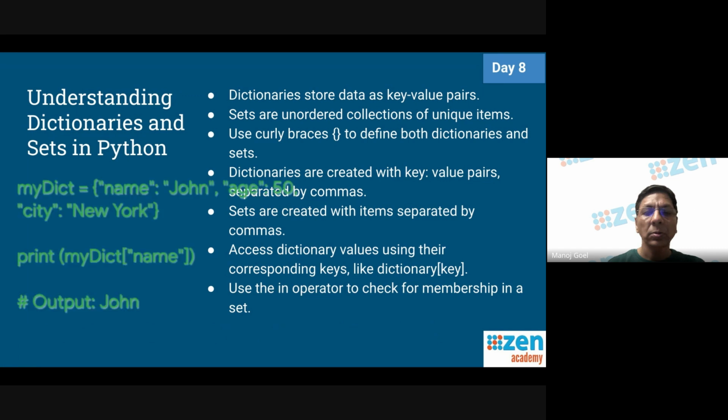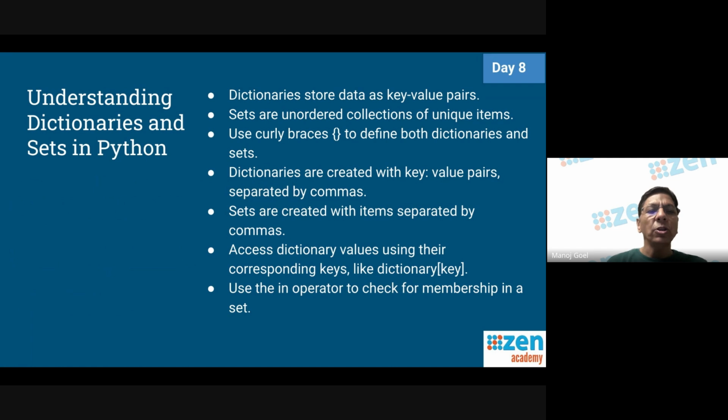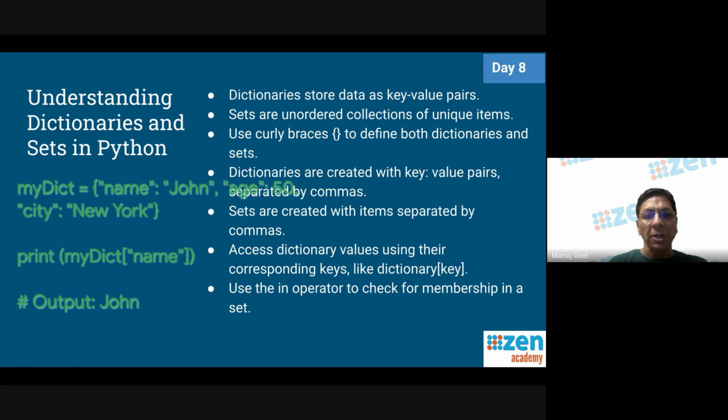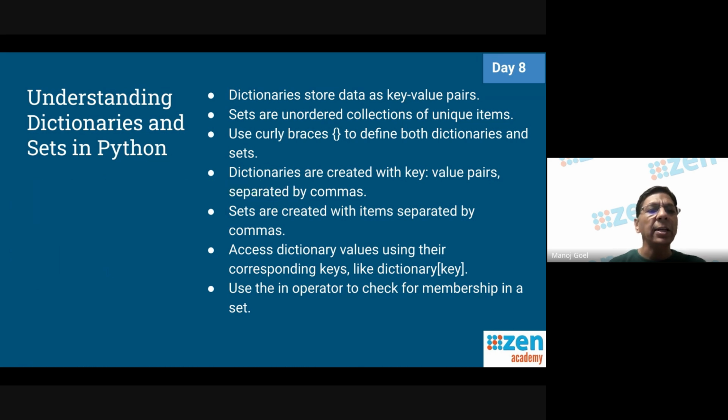So the output will be John here, right? So we have this dictionary, mydict, with key, value, key, value, key, value. And from here, if I want to take age, it will print 50. If I say city, it will give me New York, right? So that is a dictionary. And as I just showed you the set, if I'm having a set instead,